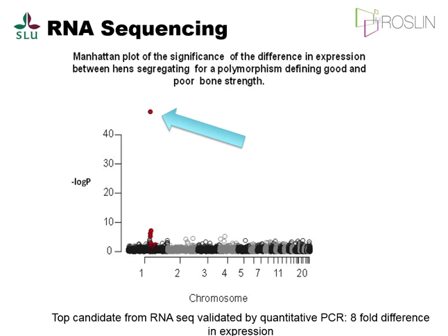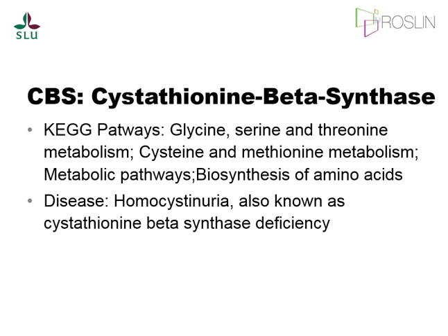This other transcript, I'll call it CBS because its real name is unpronounceable to me. But rather than a more developmental gene like RUNX, it's actually very clearly a metabolic gene very much involved in the cysteine and methionine pathways. There are some known diseases for when it's not functional. So yeah, this is now the gene we have been focusing on most.